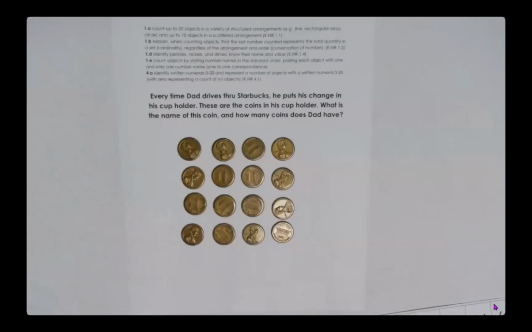We have embedded IOA 1.D with these counting IOAs because we know that the names of our coins are conventions of our social system, and that children learn these names the same way that they learn the names of any physical objects in their daily environment, and that's through exposure and repetition. So by using the coins as our manipulative that we are counting, we will continue to expose students to these coins so that they can see it, feel it, touch it, and learn those attributes of pennies, nickels, and dimes